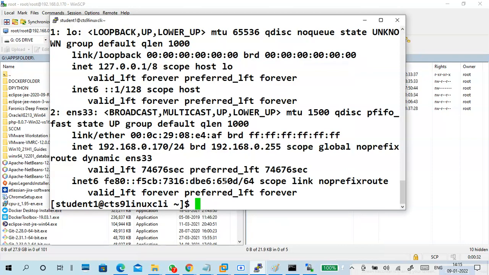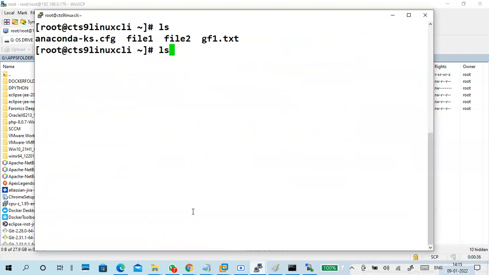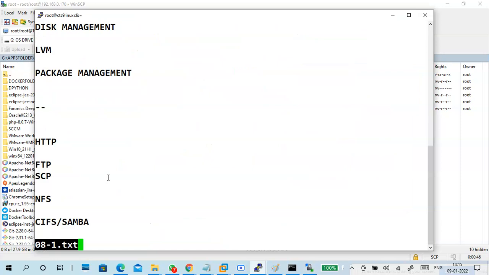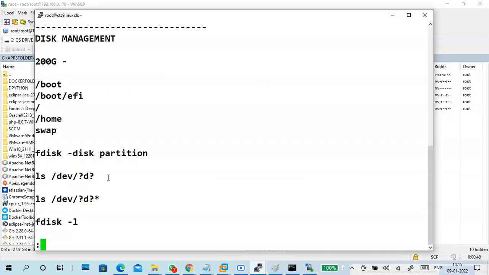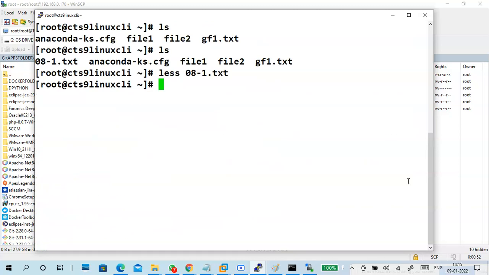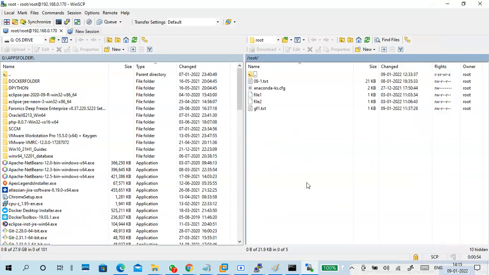Do you want to check it? See, the file is uploaded. You want to read it? So this is a file, yesterday's file. This is how I upload it.